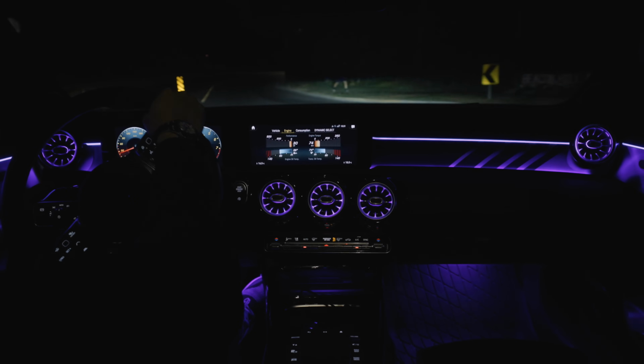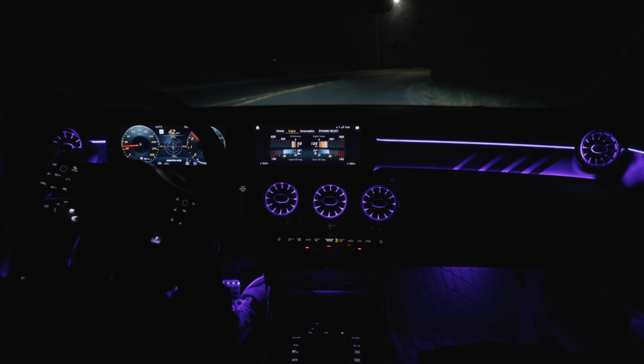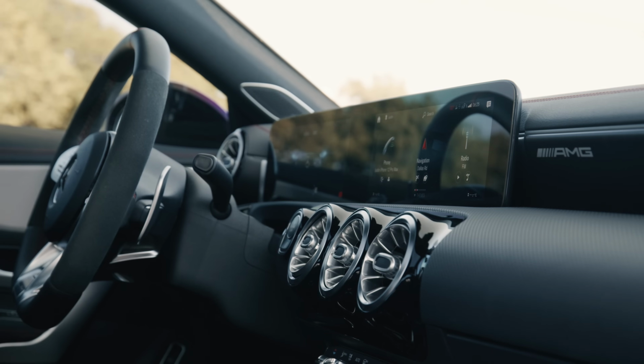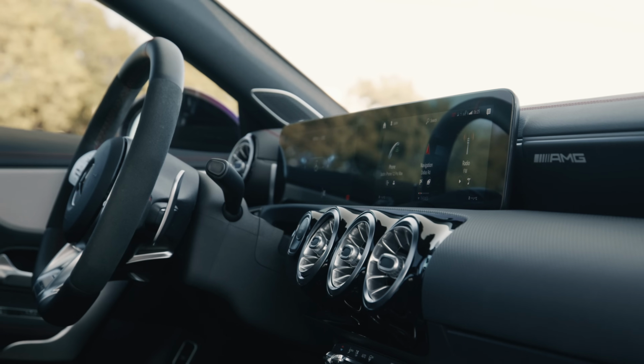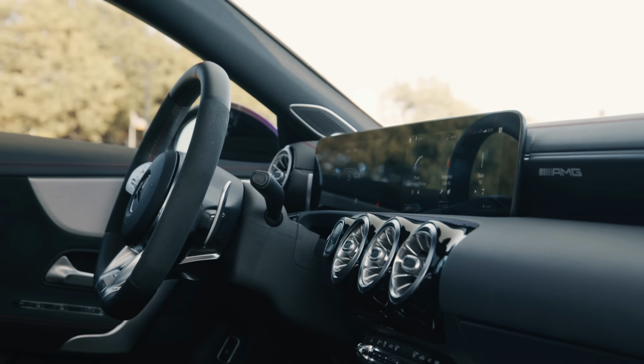And on the tech side of things, the only comments I have is that the input could be a little bit better in terms of its accuracy. I do find that a lot of times I might get false presses, or with such a small nub, it's hard to control very precisely, especially in Apple CarPlay. And I also find that the speaker system is a little bit of a disappointment,